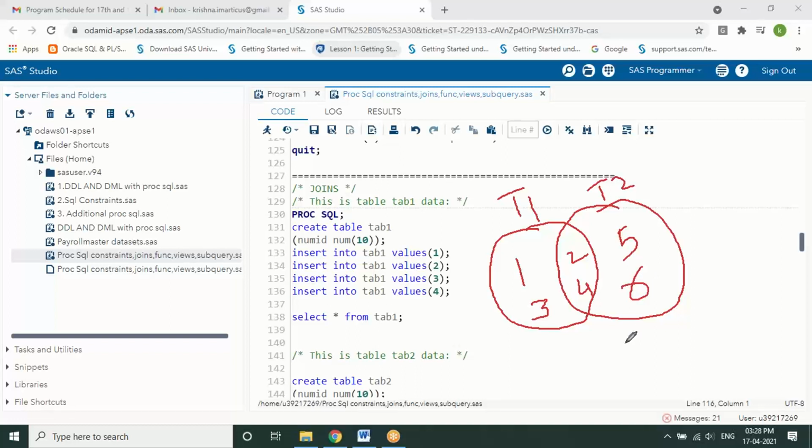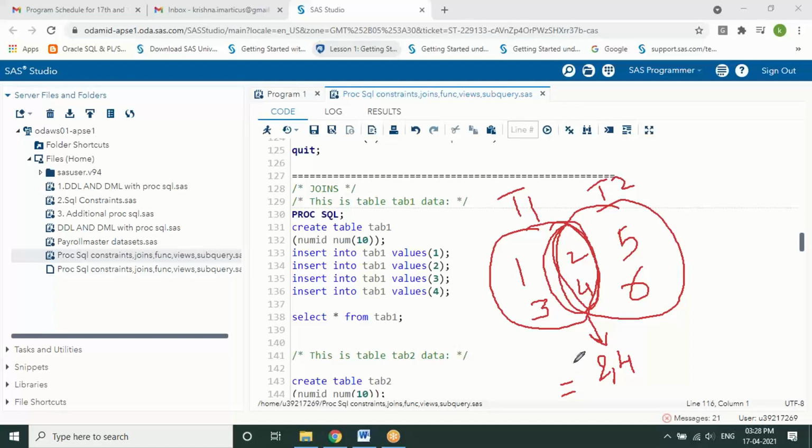So let's say I call it an inner join. An inner join is nothing but the values which are common to both the tables, like an intersection. So when we say it's an inner join, the values fetched from this data are the common values from both the tables, the 2 and 4. When you use an equal sign to compare both the tables, the equi-join will give you these particular values.